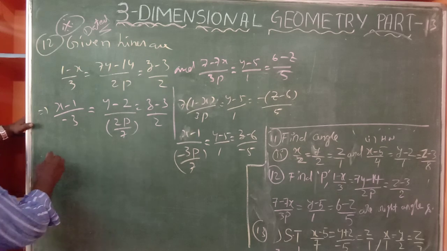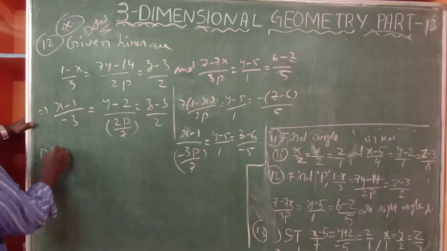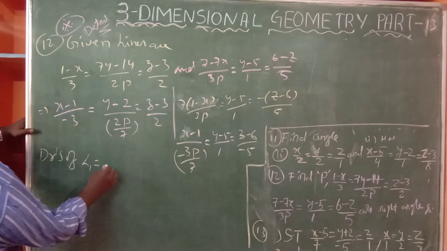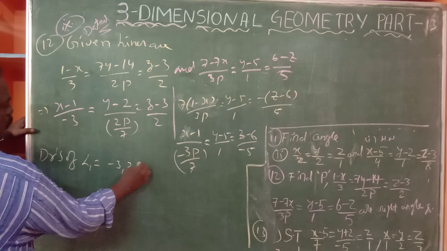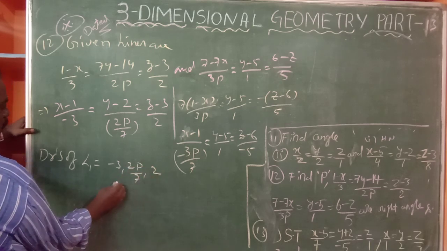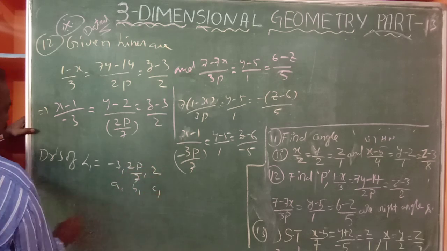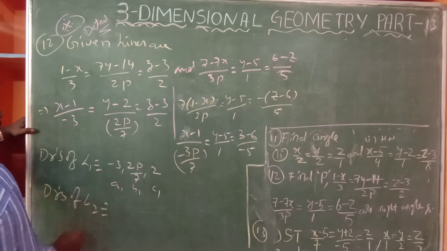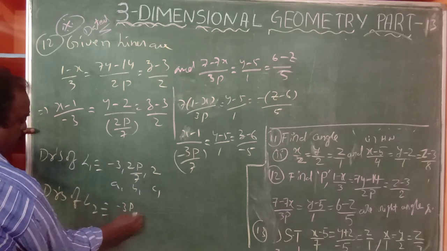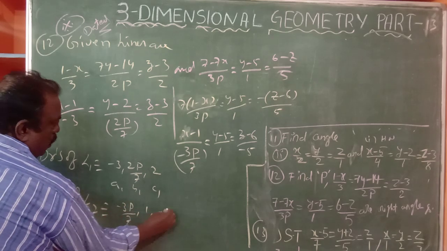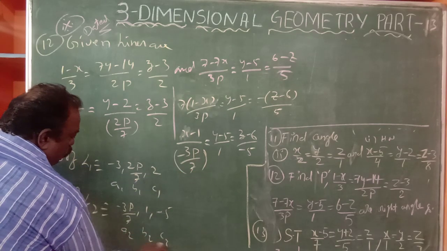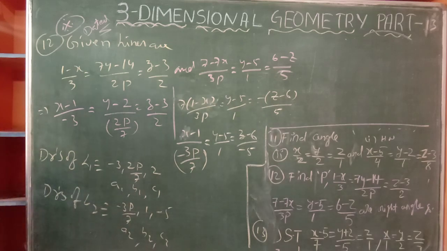So here the DRs of line 1, the first line, is minus 3, 2p by 7, 2. This is nothing but A1, B1, C1. The DRs of line 2 is minus 3p by 7, 1, minus 5. This is A2, B2, C2. Now,